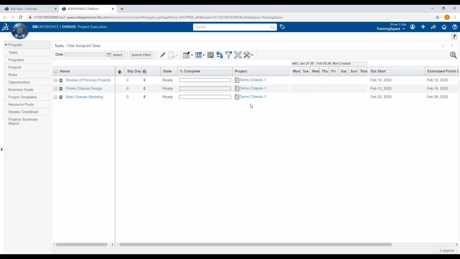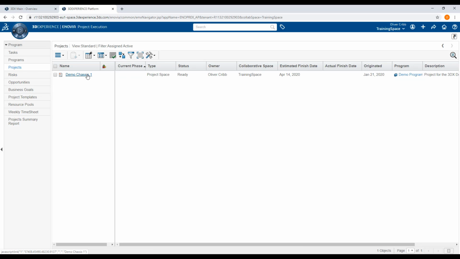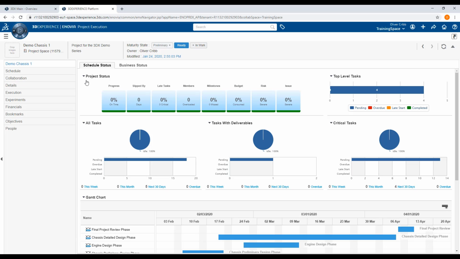Next, we can bring up the project dashboard by going to Projects, and opening the Demo Chassis 1 project space. This project dashboard is exactly the same as the one found in the project management app and gives me a better understanding of the project status and progress. If we return to the execution dashboard,